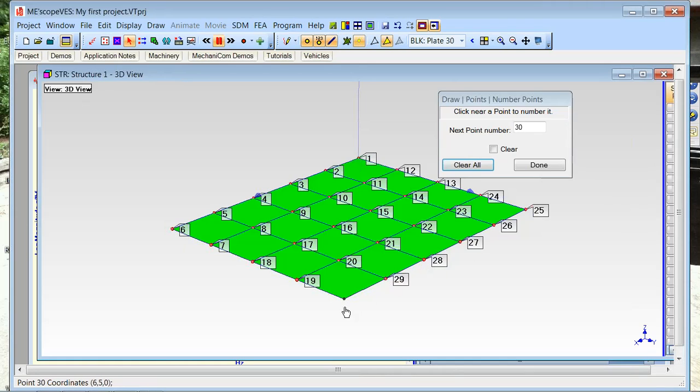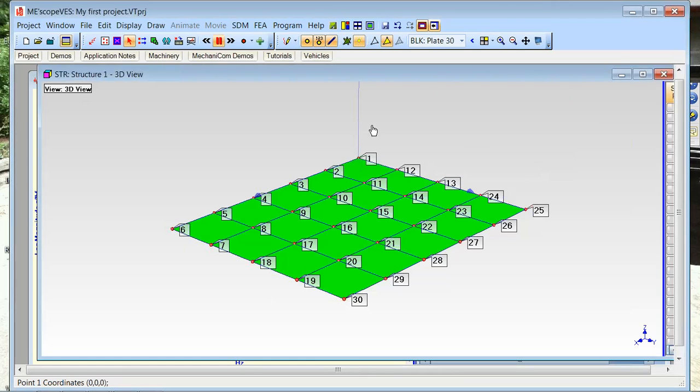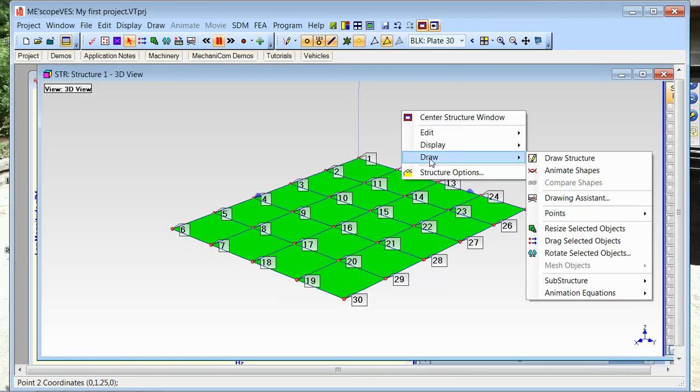So I want to unselect them, and it says I've created a number of measured animation equations, created 30 of them. That's what I expected. I've got 30 measurements. I assigned all 30 measurements to a point in a direction on the model. So if I go back here now and click on point number 1, you can see it's got an equation in there, and it's going to animate this point in the z direction with measurement number 1 from the